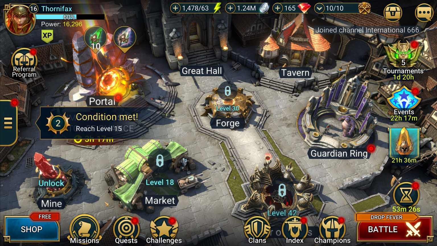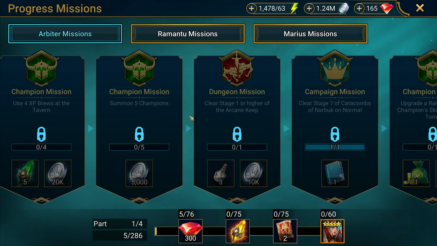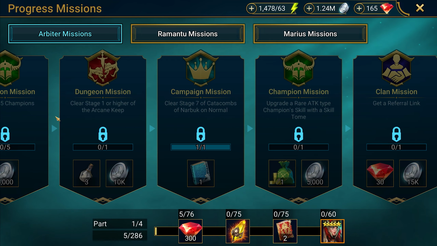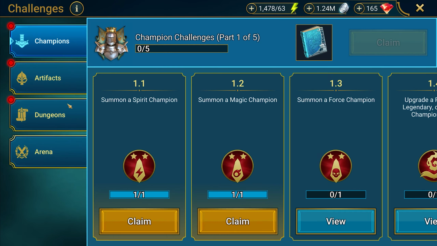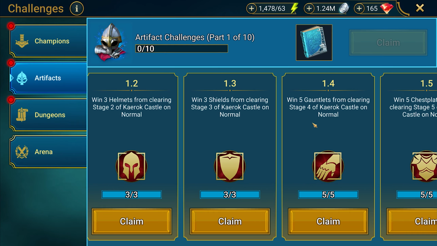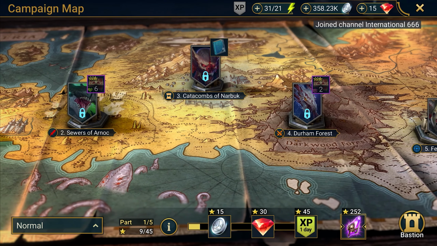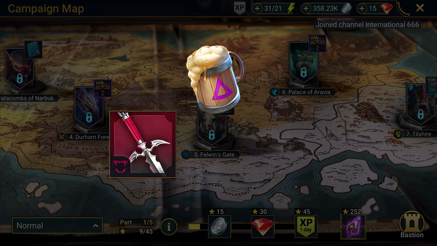Before tackling the next chapter, check the missions for related tasks. Strictly following the missions will make it easier to complete the first chapters. Missions are designed to prepare you for each chapter by requiring you to collect certain artifacts, properly upgrade them, and equip the right champions. Completing each chapter will reward you with valuable items such as sets, XP brews, or skill